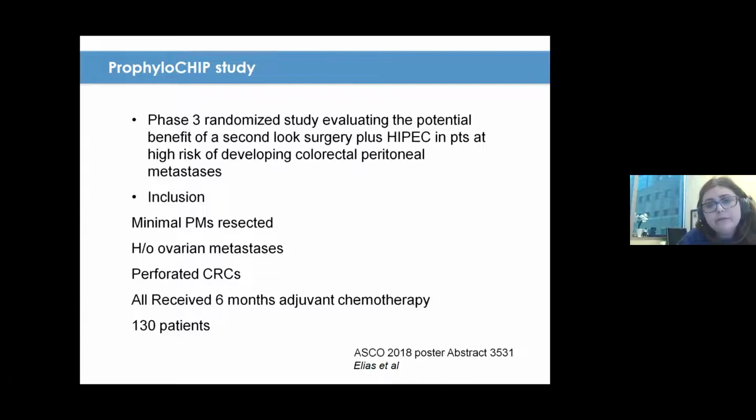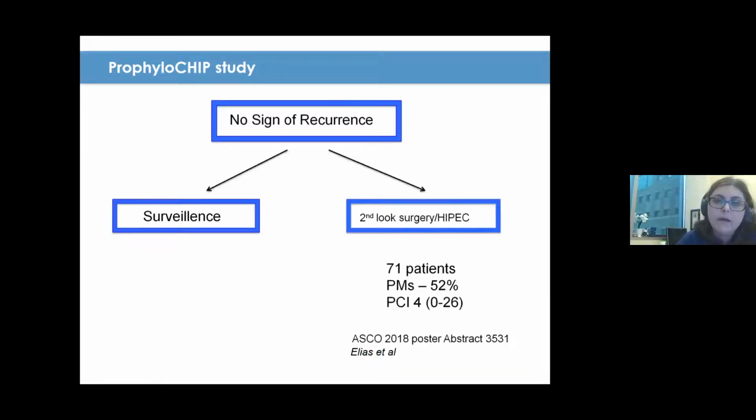And then the final study that I want to show is the Prophylactic study, which was a randomized phase 3 trial evaluating the potential benefit of the second look surgery plus HIPEC in patients at high risk of peritoneal disease. Patients had to have minimal peritoneal disease resected or history of ovarian mets or perforated colorectal cancers, and they all received 6 months of adjuvant therapy. And then if there were no signs of recurrence, they were randomized to surveillance versus a second look surgery with